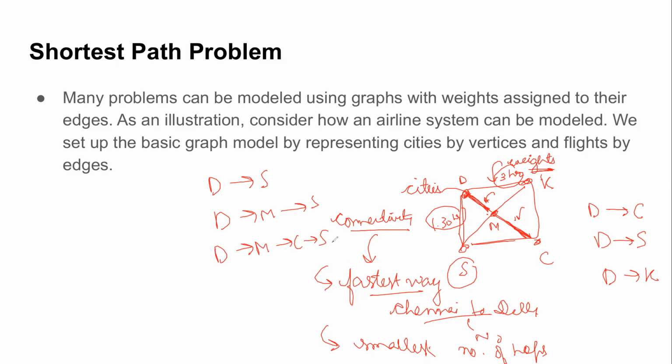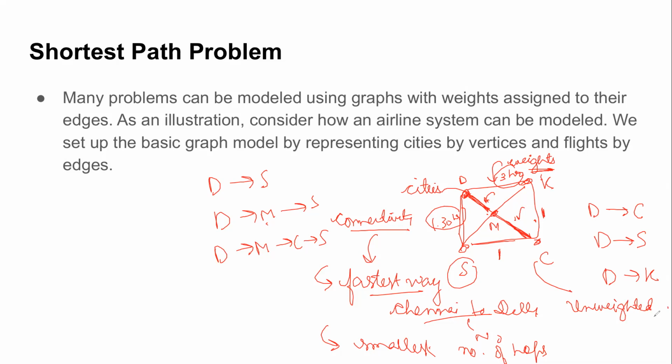Now, if I ask you what the smallest number of hops is, because I'm not concerned about time but I'm concerned about my stopovers, how many times I have to stop, such questions can also be answered here. So what I want to highlight is those applications where having a unit weight at the edges works for you. Such cases can be solved using the simple unweighted graphs that we have seen so far in the various examples. Where you want to check connectivity or you're just concerned about hops, that means you give equal weight to all edges, such scenarios work well with unweighted graphs.